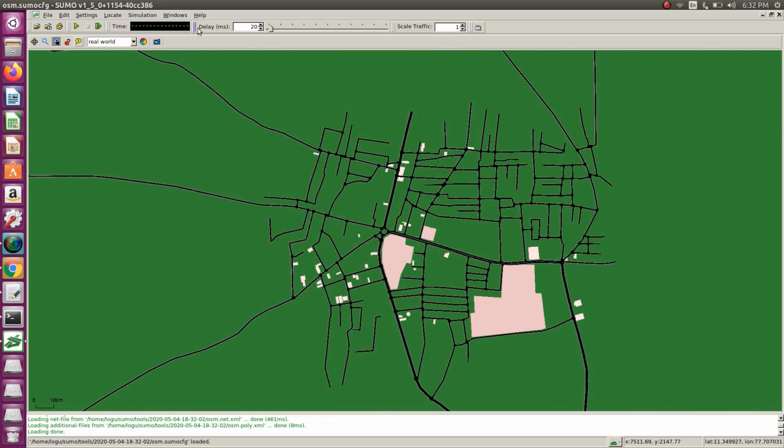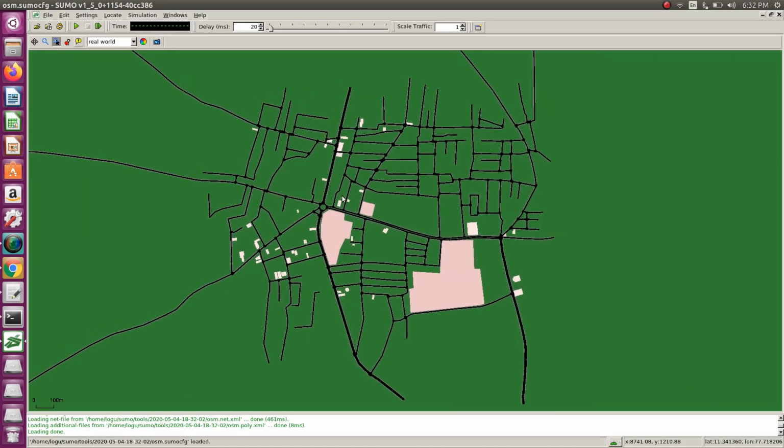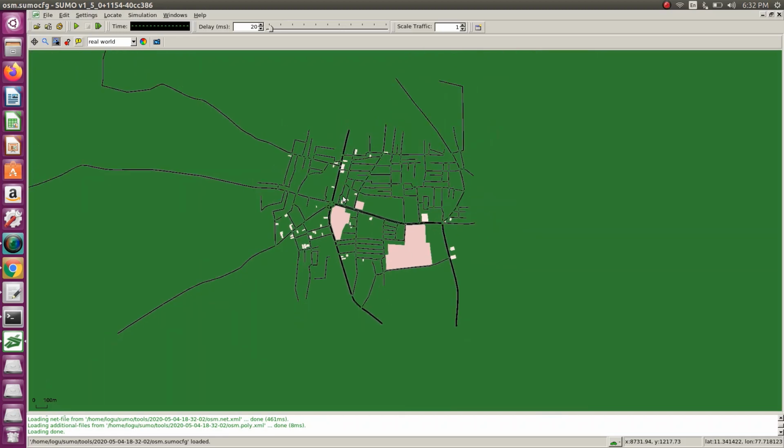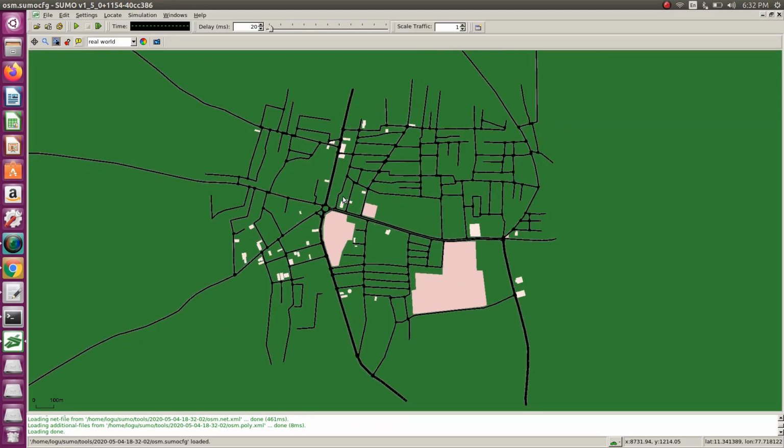So now what we want to do means I am going to fix the delay. So this is your small GUI window. Okay, so it automatically pops up. So I am going to fix delay as 300. Next, I am going to run this simulation. So just click this button.